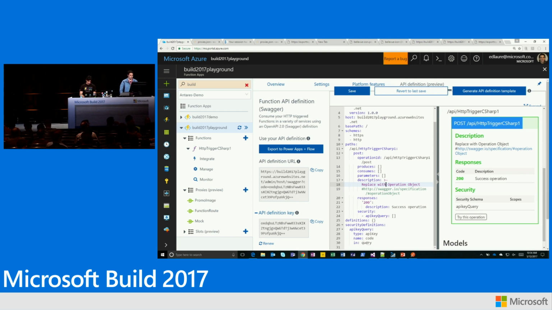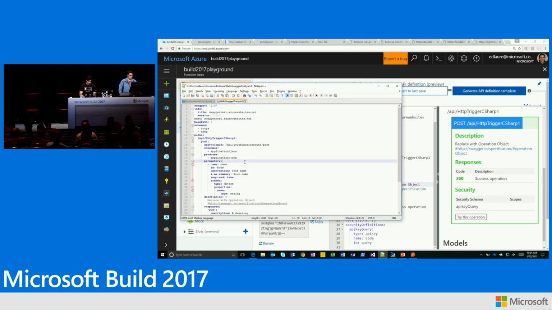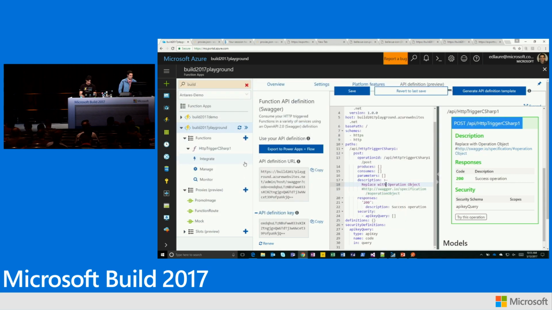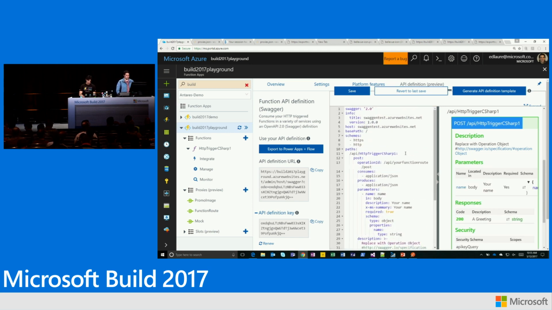I had cheated to complete my Swagger here. I had this one, it just has the additional input parameters. So I'm not doing live editing. I have that one here. So this one's a valid Swagger to the same endpoint.